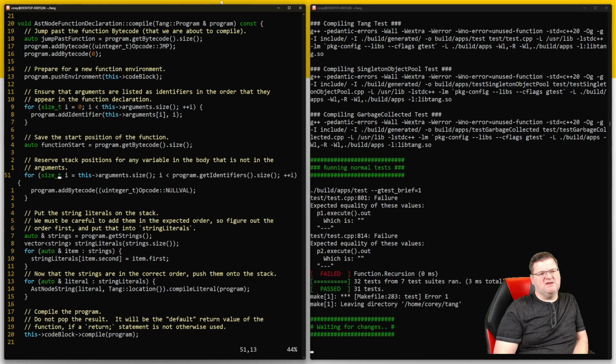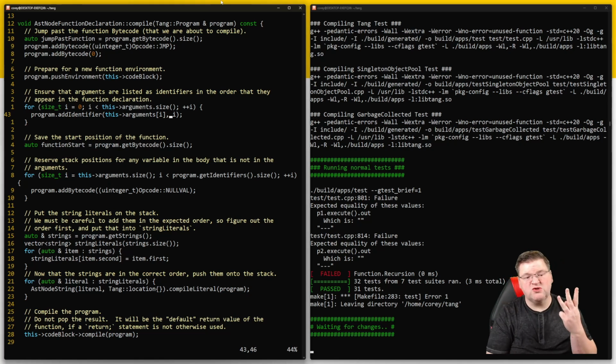So if we get identifiers and start at the ith one, well, the argument size, because the identifiers are already present, and because we called add identifiers with the number, we know that if there's 3 arguments, the first 3 identifiers are those arguments, and those won't be these functions because of the scope naming. But for everything else,